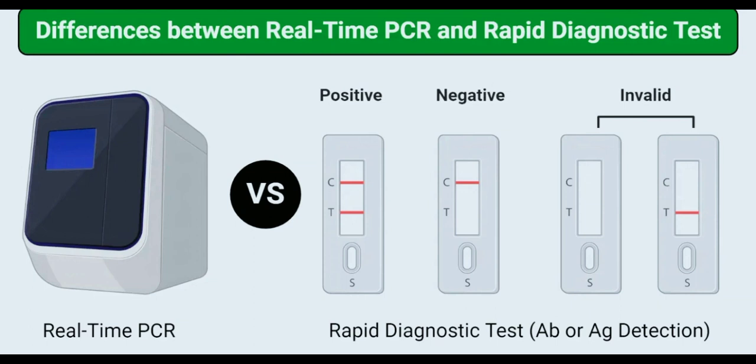In real-time PCR, what actually happens is it is the process of amplification of DNA. But in this test, the genetic material, if present in the sample, is converted into DNA. That is, RNA is being converted into DNA by the process called reverse transcription. And then the number of DNA is amplified or increased to many more. Then a probe is added, which is called SYBR Green probe, which acts as a fluorescing agent that gives fluorescence to the DNA or sample.